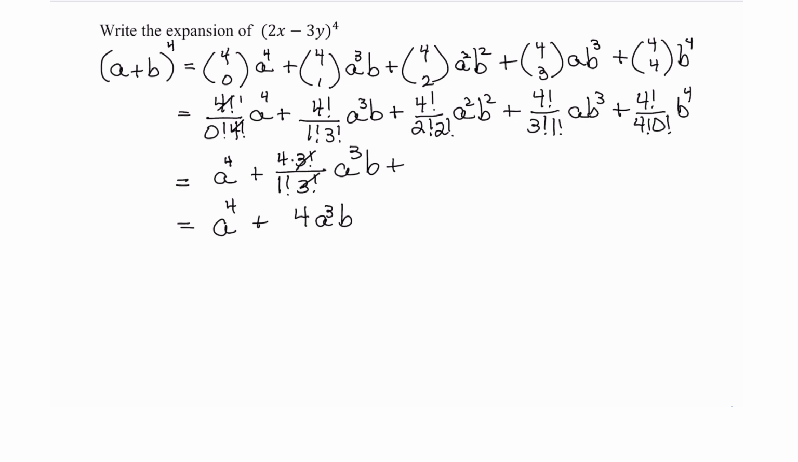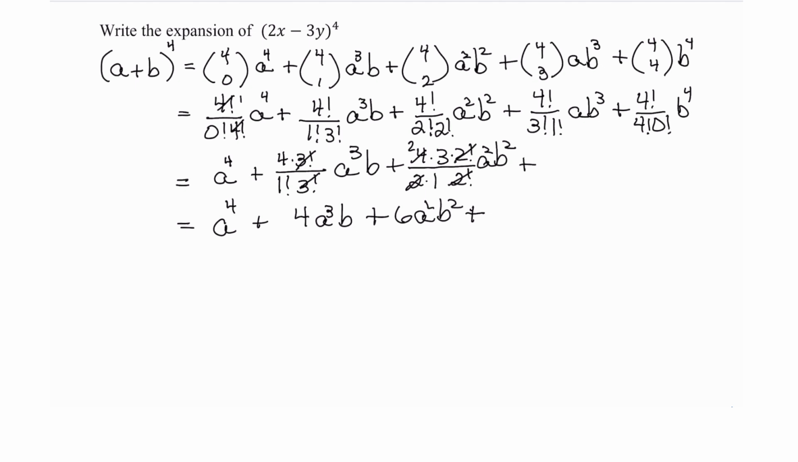plus, for the 4 factorial over 2 factorial 2 factorial, we have 4 times 3 times 2 factorial. One of the 2 factorials will leave as 2 factorial, and the other one will write as 2 times 1. And then that's times my a squared b squared. The 2 factorials will remove, and 2 is a common factor with a factor of 2 that's in 4 to leave a 2 in the numerator, so 2 times 3 up there gives me a 6. So 6 a squared b squared, and then plus